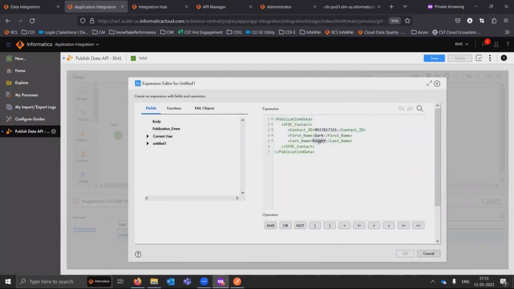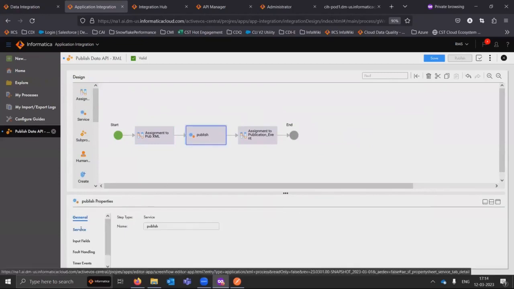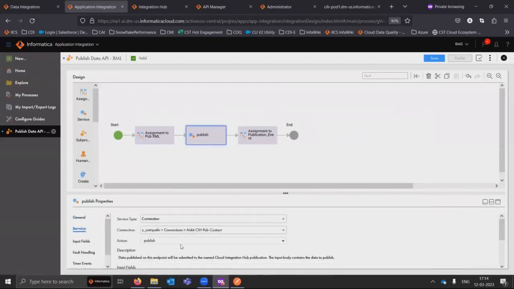This can easily be parameterized so that you are getting these values as input parameters for the API, which is eventually going to be consumed. But for the demo purpose, I've hard-coded it, but it can easily be converted into a dynamic API where you're providing input values. Now, on the service step of the CAI process flow,